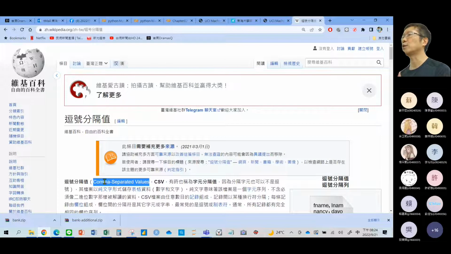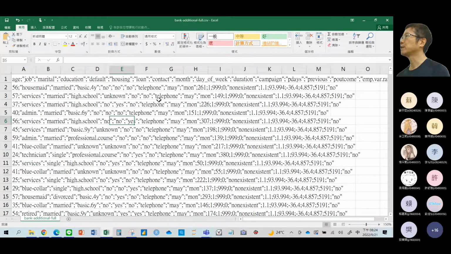So it doesn't matter. You can use a comma, 可以用逗点分割。Also, you can use semicolons like this example, 或是分号这些都可以做区隔。You can even use a space, 一个空白键，通通都可以。So this format we call the text format, 文字档的格式，not an Excel format. 这边没问题了吧？所以解释了什么是 CSV。